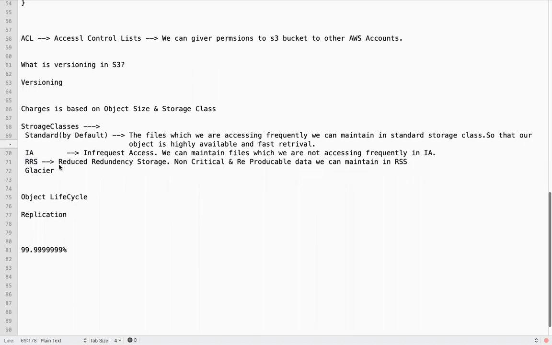So based on the underlying hardware, these options have been provided. In RRS, why do they say there is a data loss?